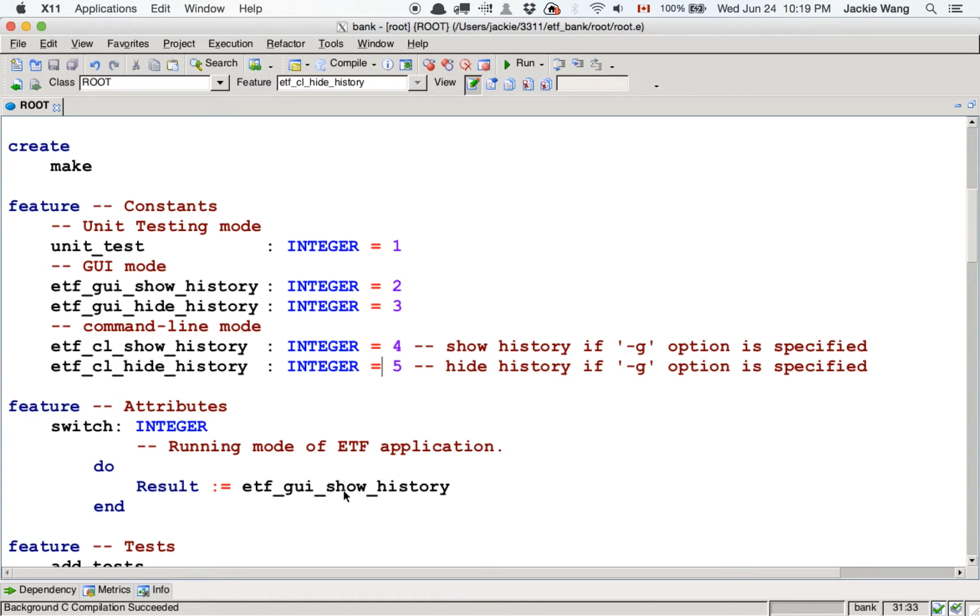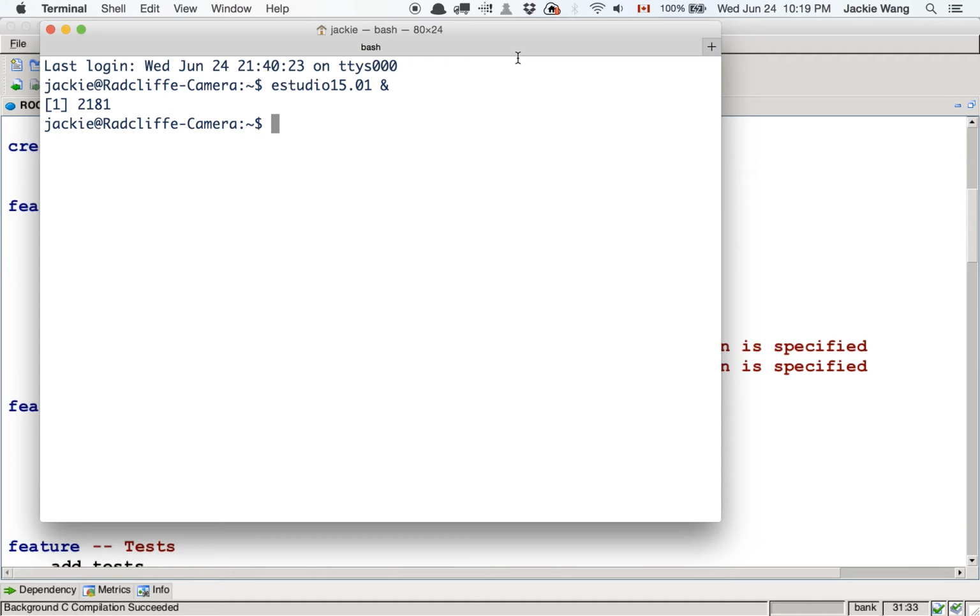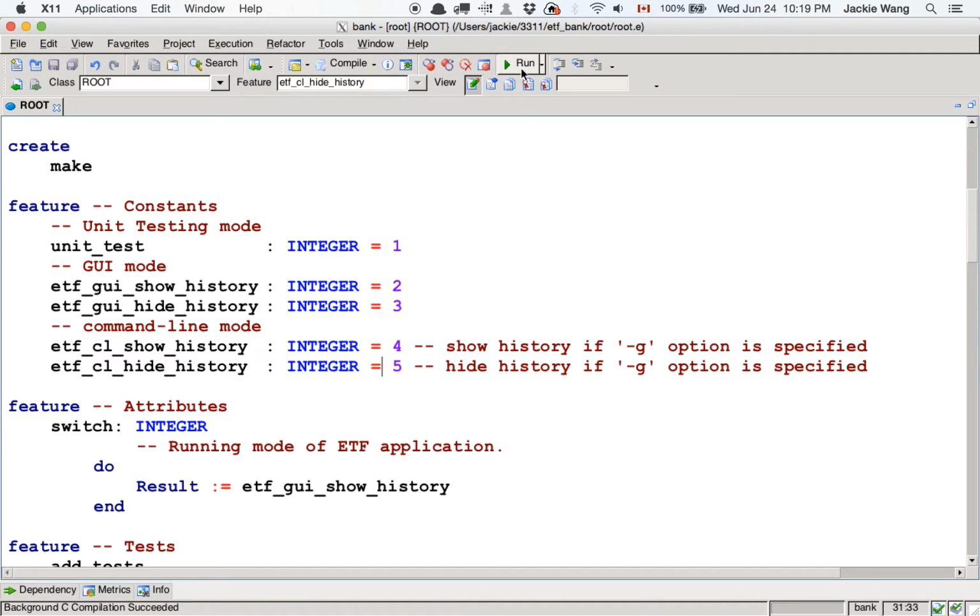So if now we say run, there are two ways to run it. Either you can run from Eiffel Studio, or you can run it from the command line by invoking the executable under the W code directory. I'll show you both. So first of all, we can run. What you expect to see is the GUI, and somehow the GUI will show the history. So if we click on run,